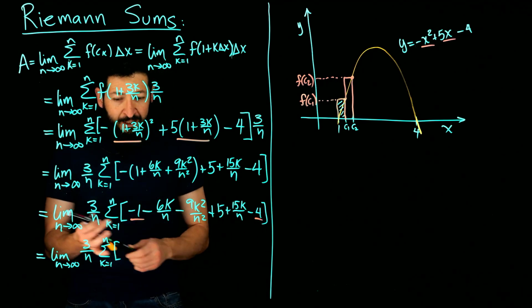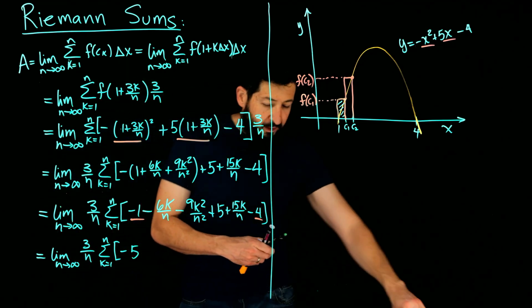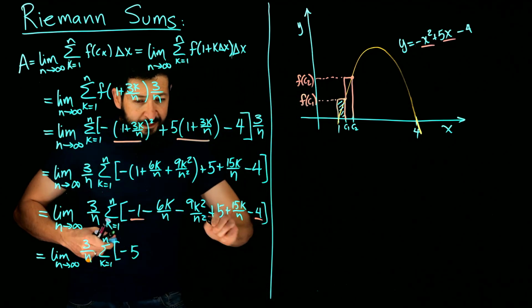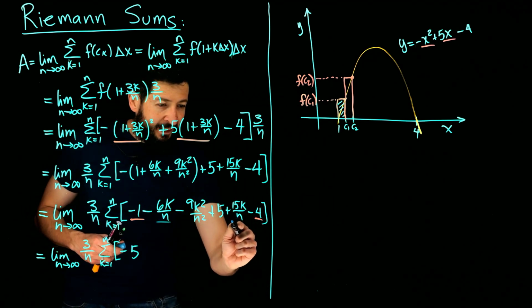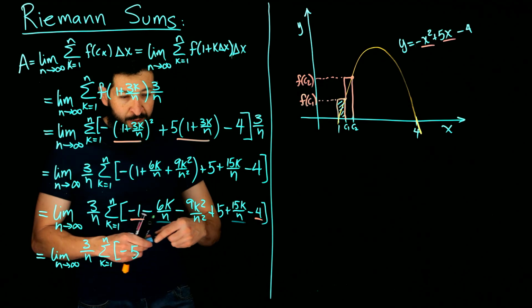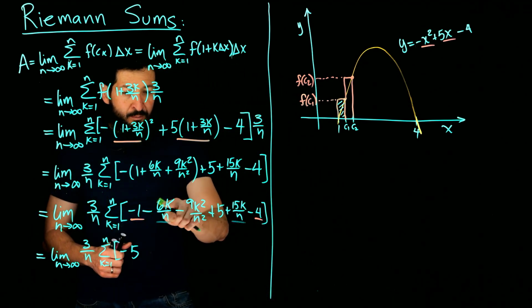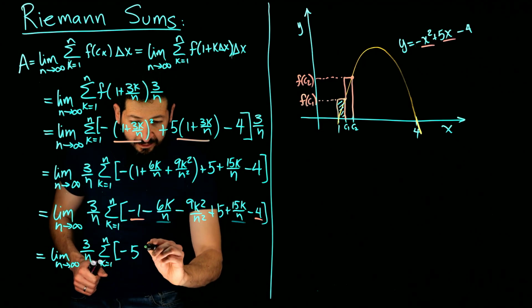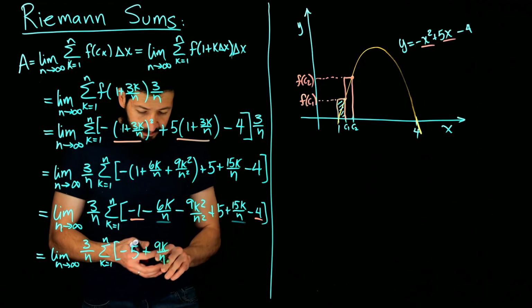I'm going to go ahead and add them together. I'm going to get a negative 5. Now I'm going to have negative 6k over n and 15k over n. Those are like terms as well. So I'm going to add them together. So 15 minus 6, I'm going to get 9. And lastly,